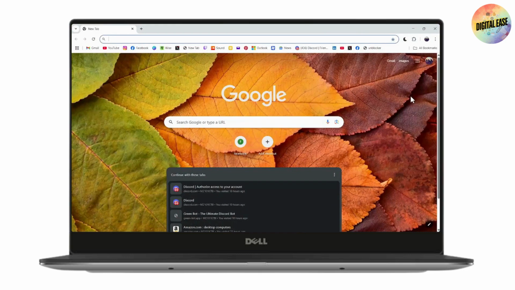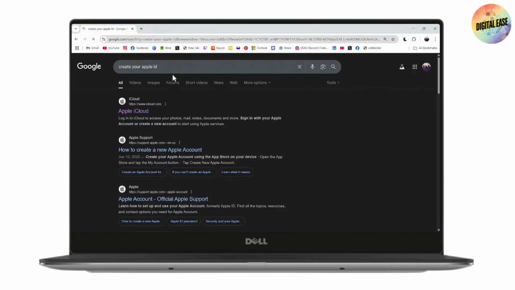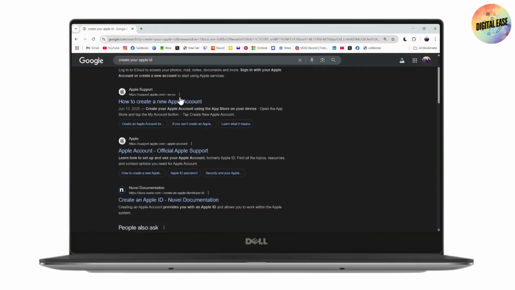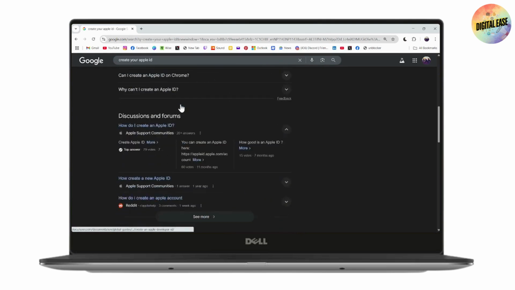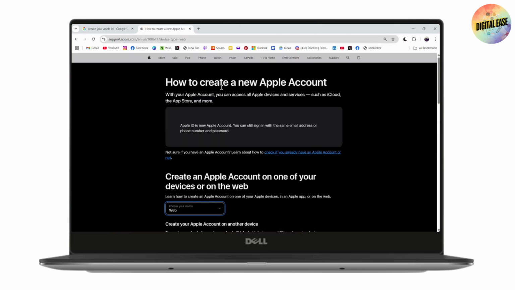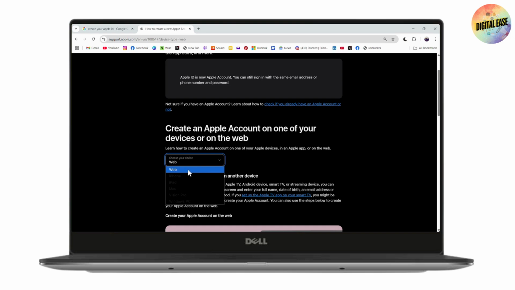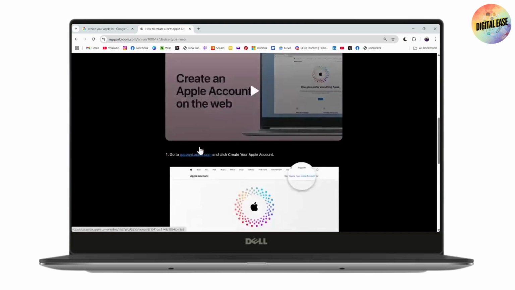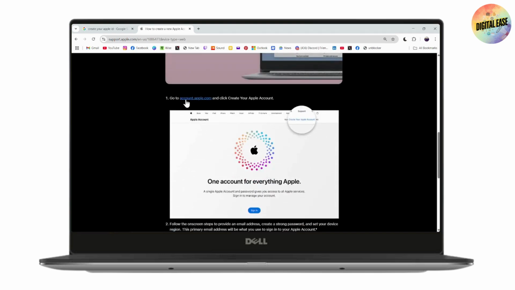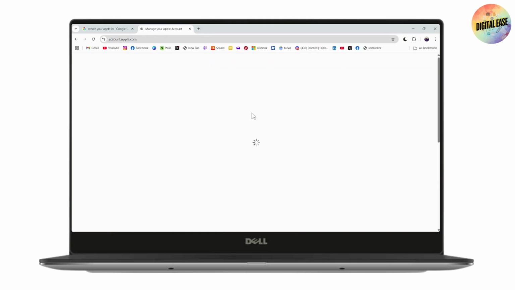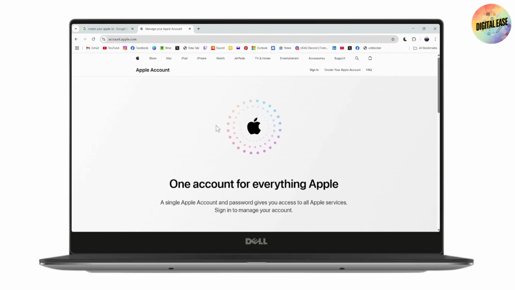Now here, you need to just enter Apple, create your Apple ID. Now here you need to scroll down and click on how to create a new Apple account. And here from the drop down, you need to go with web. And once you click on it, here you'll have account.apple.com. You need to click on this. Or you can also search for account.apple.com on your browser, and this will take you to the same kind of